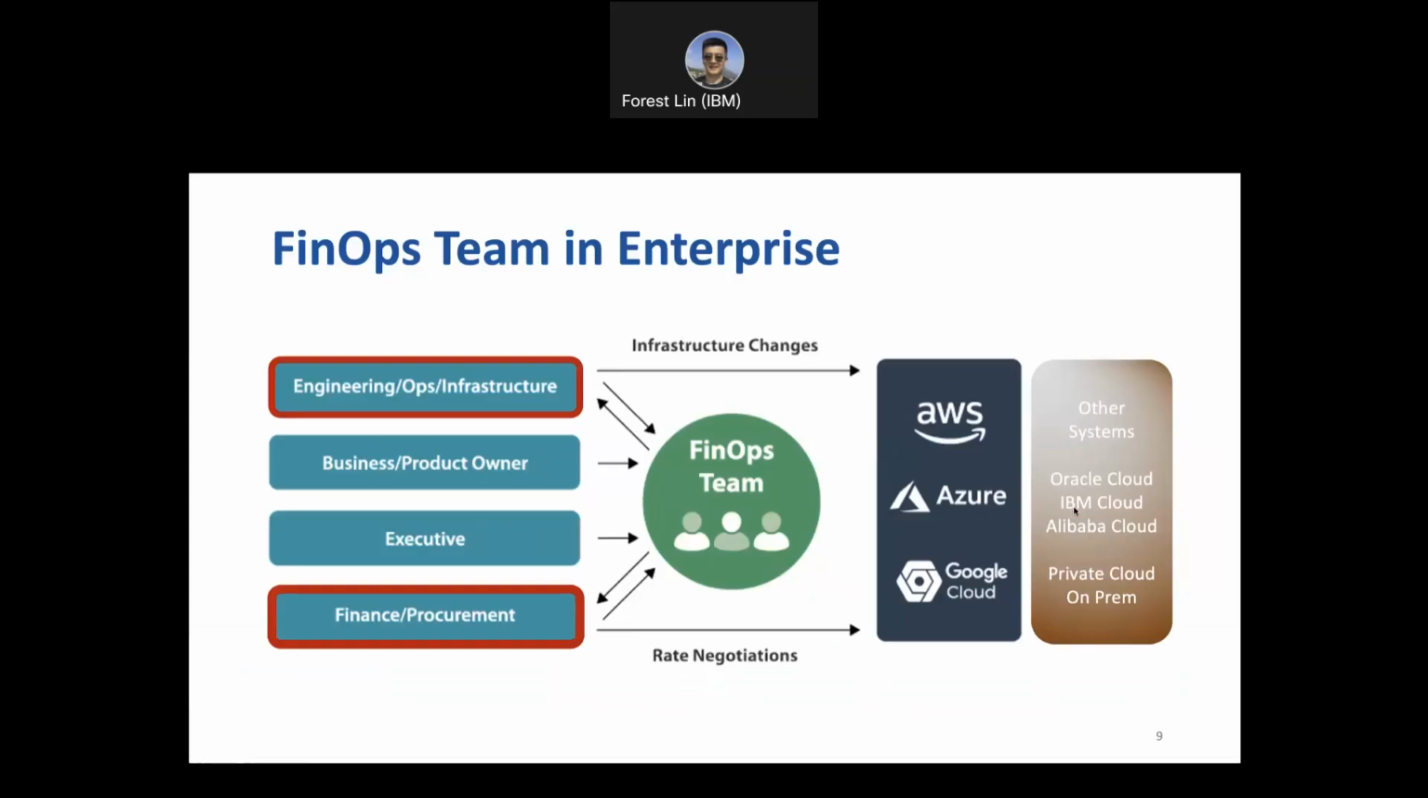Okay, this is how the FinOps team works in the enterprise. This is the FinOps team, and there are a number of different teams connected to it. The key ones are the engineering and operation teams regarding operations, and the finance and procurement teams regarding visibility and governance, and rate negotiations. At the top, they have the infrastructure changes. Primarily, FinOps is applied to the public cloud because the issue comes from the public cloud, like the complexity and